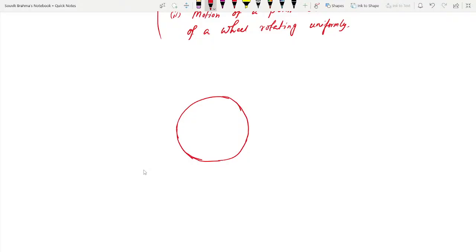Now you see the diagram. Here it is the center, correct? Now on this circle, if this is point A, this is point B, and this is point C, and I draw a tangent at each point,